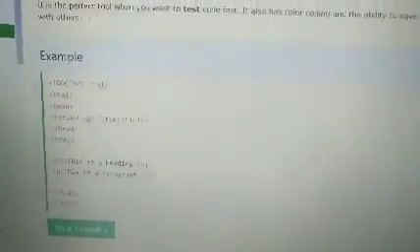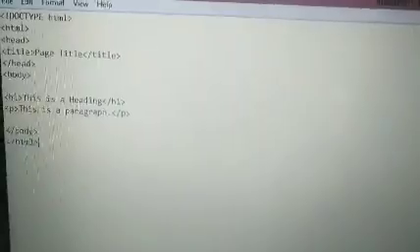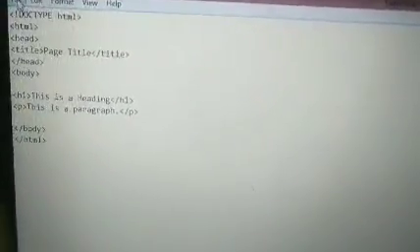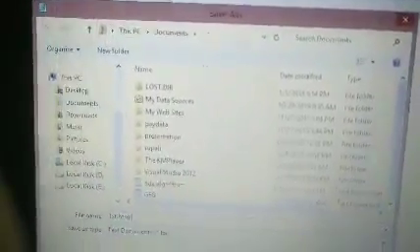This is the code I am giving you to try by yourself. You try and save. I am showing you how we can do it. I have already opened Notepad over here. You know how to open Notepad. Then you click on the File section, click on the Save As menu. You remove the .txt extension. Then you choose a location. I have chosen the location and saved it. You just minimize it.